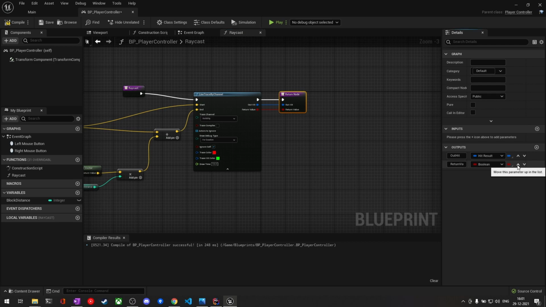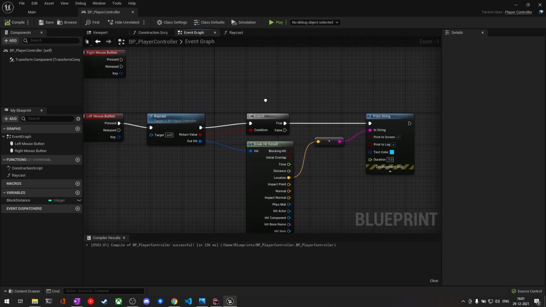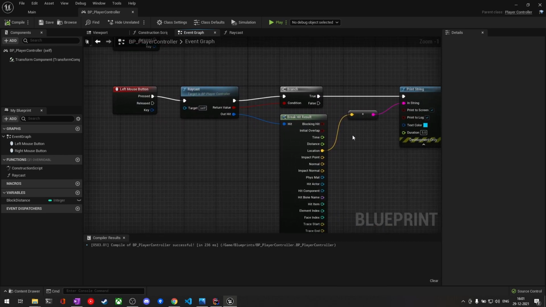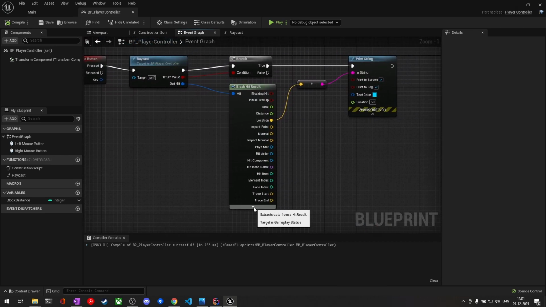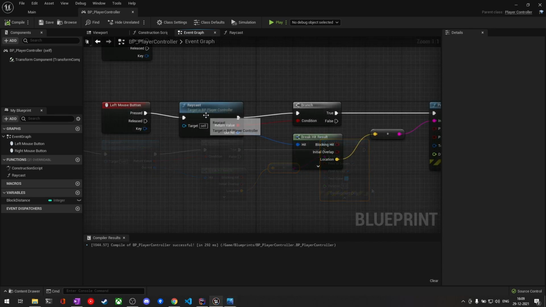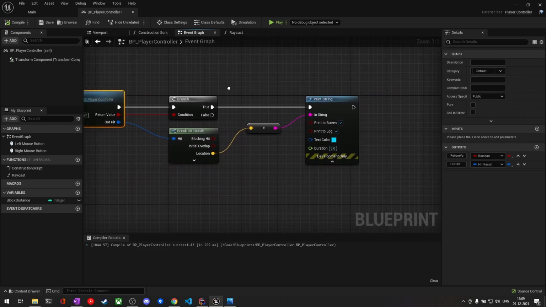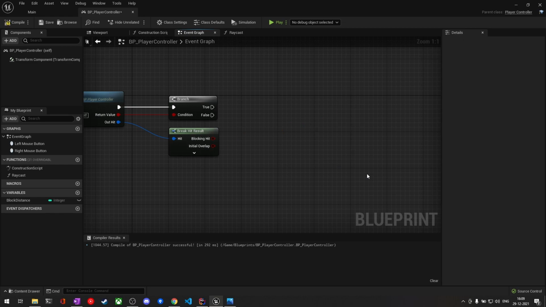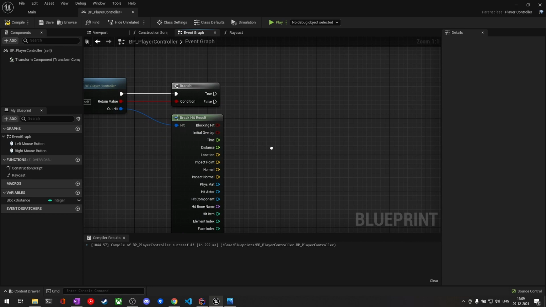And I'll just change this order here. That way it's cleaner in the event graph. Right. So we have a raycast done. All we need to do now is the transformation and modify the blocks. So with our raycast done, we can now start using our modify voxel function to change the values